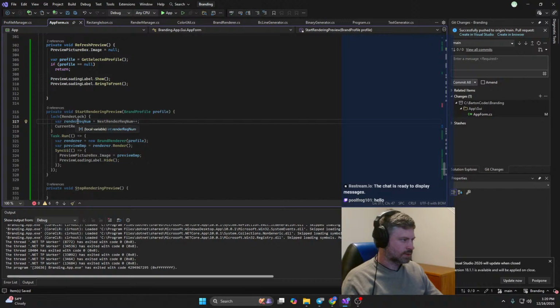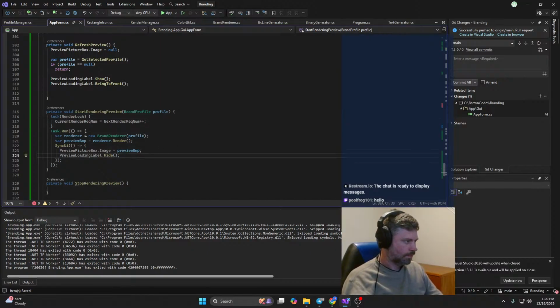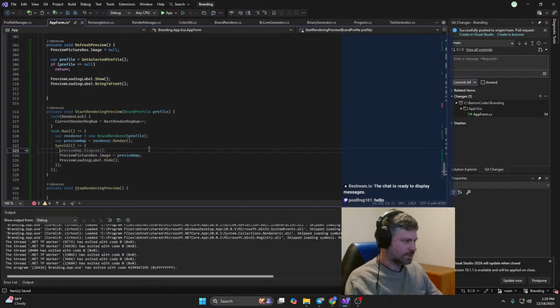So here, this is always going to get, we're always going to update. In fact, we could just collapse it here. So lock the rendering thing, we're going to set the current rendering request number. Then we're going to start running this task on another thread. And at the end, inside the sync UI, so when it gets back, we're going to check,